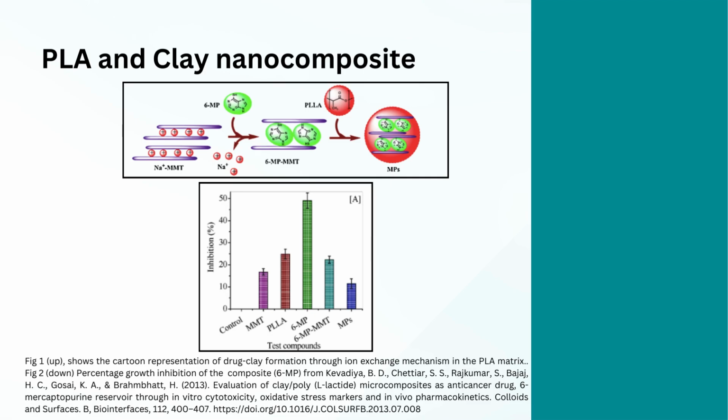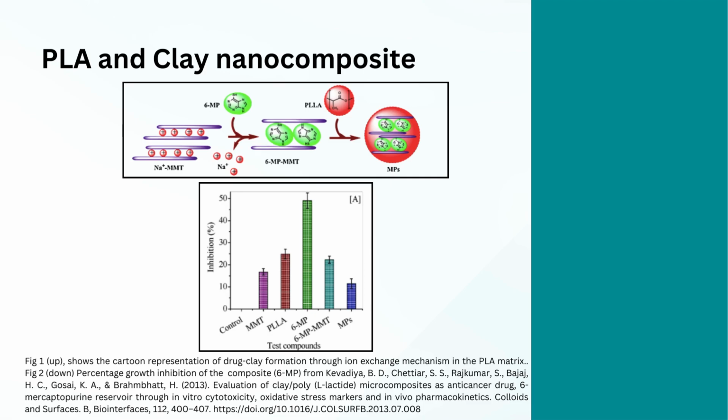For example, when PLA is paired with medical clay like MMT as particle reinforced, the application becomes much better for drug delivery systems. The efficacy of the anti-neoplastic drug called 6-mercaptopurine becomes much better when pairing with MMT reinforced PLA. And as seen in figure 2, the microcomposite shows a better inhibition rate for improving the reduction of the cell toxicity and in vitro drug release.